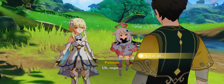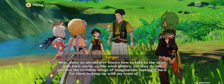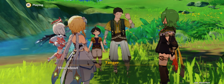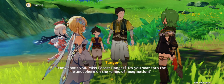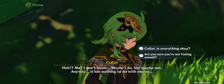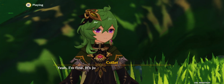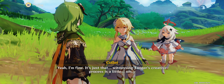Nope. Well, many an adventurer knows how to take to the skies with their easily visible wind gliders, yet they do not possess the invisible wings of imagination, making it hard for them to keep up with my train of thought. How about you, Miss Forest Ranger? Do you soar into the atmosphere on the wings of imagination? Huh? Me? I don't know. Maybe I do, but maybe not. Anyway, it has nothing to do with me, so... Yeah, I'm fine. It's just that witnessing Tanger's creative process is a little...